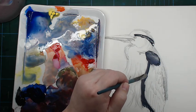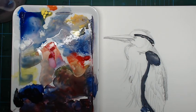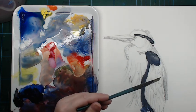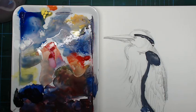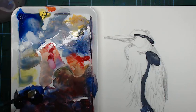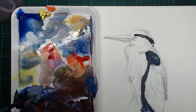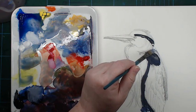So it's bluish black down there, and it has a little bit. What I'm gonna do is I'm gonna put the main focus on the head, and the rest is gonna be kind of loose. So the back and the wing feathers is a bluish paler gray. So let's see if adding some white to all that doesn't create kind of a color we can use for that. That's actually quite perfect. Down beside the neck there,